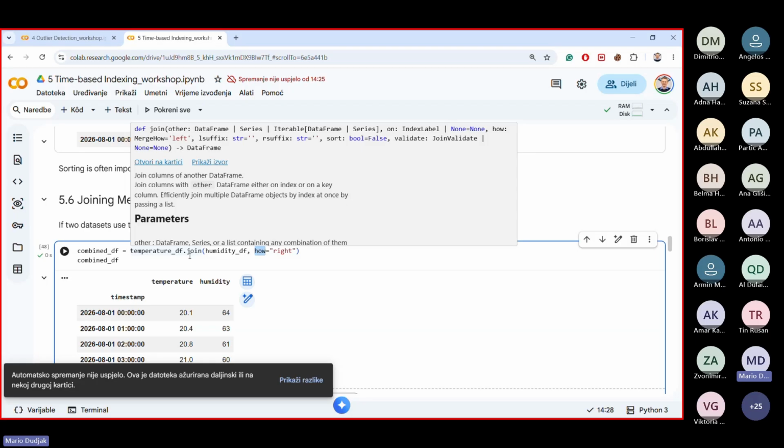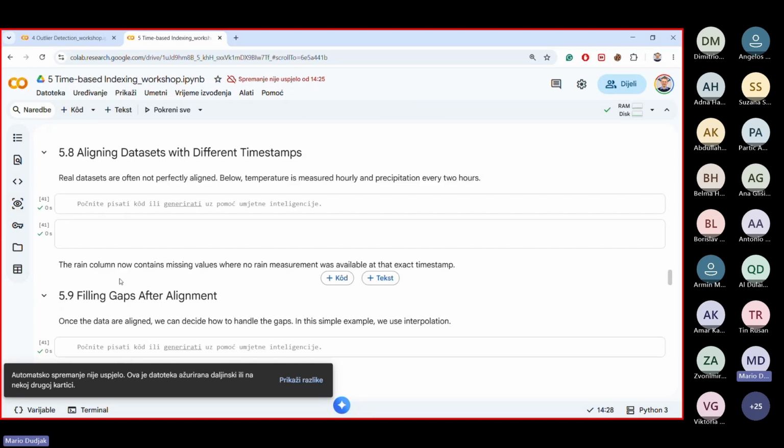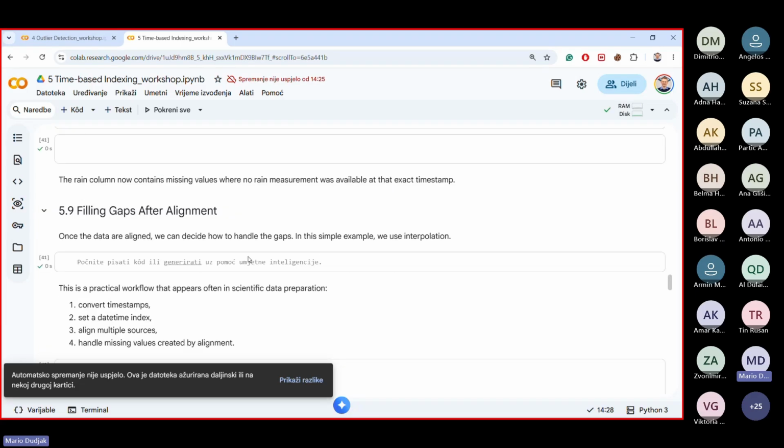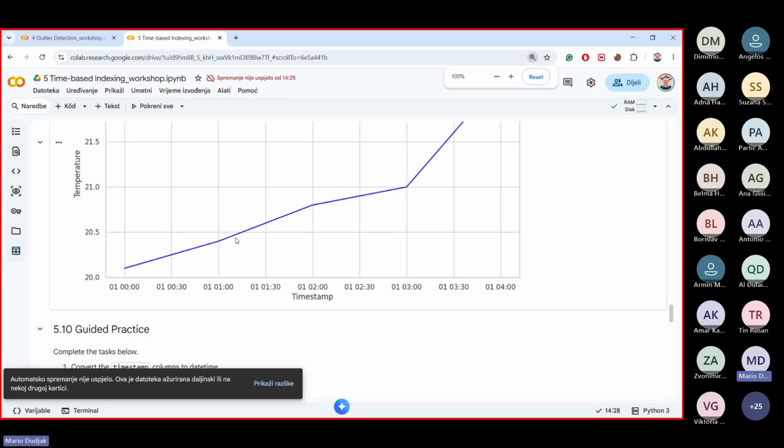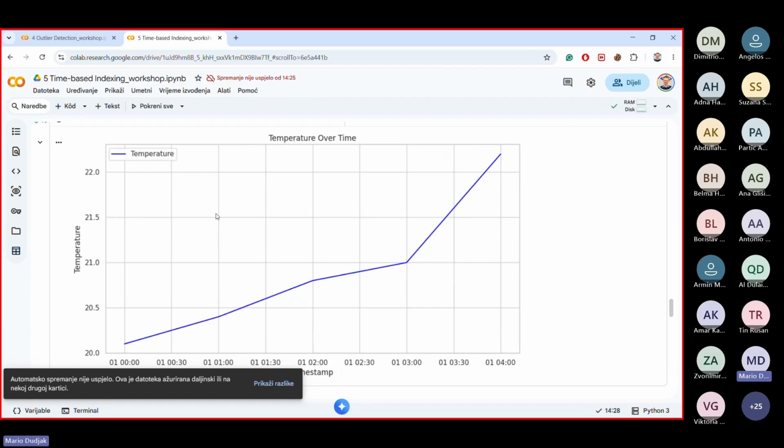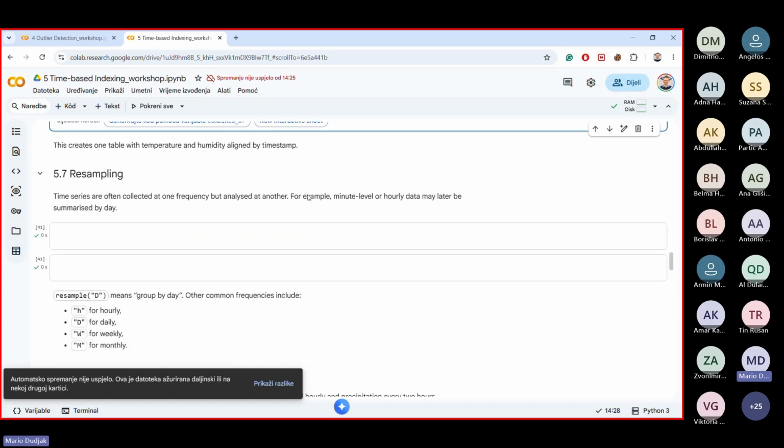In the next workshop we will introduce visualization methods, and resampling and filling gaps, aligning datasets with different timestamps are a perfect fit for that, where we discuss the visualization part of time series, not only time series, but in general. So, if you agree,